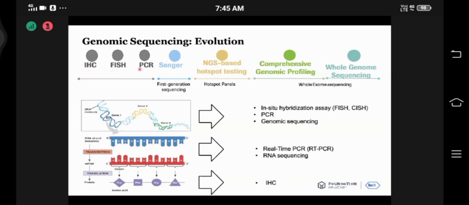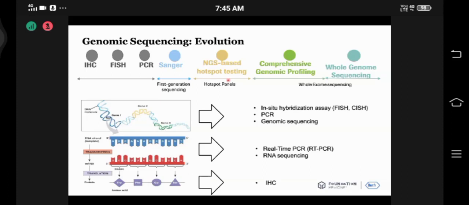IHC, FISH, PCR, and then we have the first generation sequencing. People might have a question: why is it called next generation? What was the first generation? First generation was Sanger sequencing. Then we had NGS-based hotspot testing. Hotspot testing is basically you pick a small panel, only for lung, for example. So you have EGFR, ALK, ROS, RET, NTRK, HER2. These are hotspots. You're just picking a custom panel and then checking only for that,